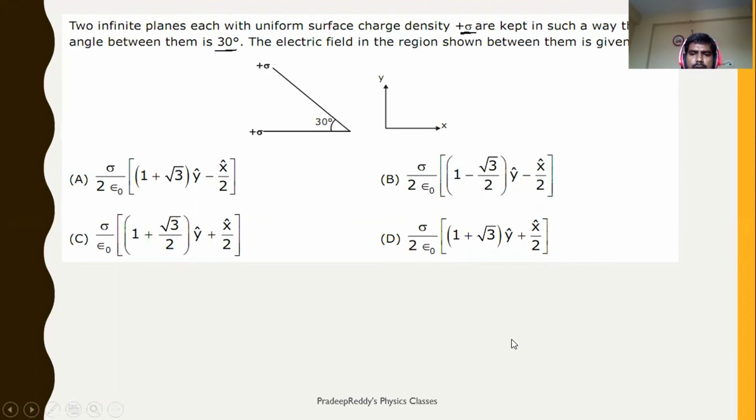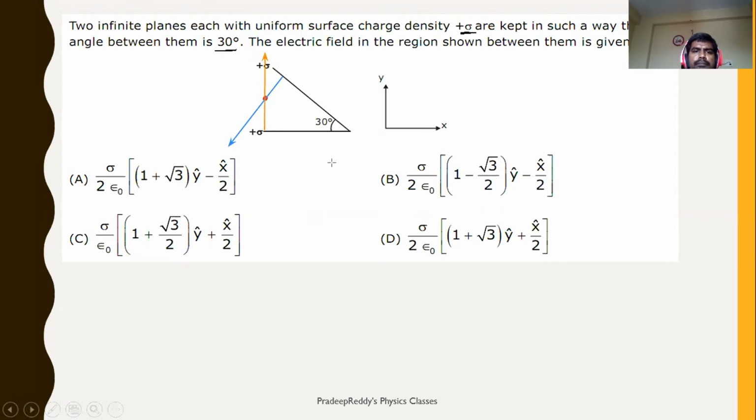For that, let me choose one particular point as the reference. I want to find out the electric field at this position. Now, as it is positive charge, this is positive and this is also positive. So when we are dealing with positive charges, definitely the electric field will be pointed outward. So from here, there is an electric field pointed outward like this because of this inclined surface. Next, coming to the other one, it is plus sigma over here, and this will be extending its field upward.